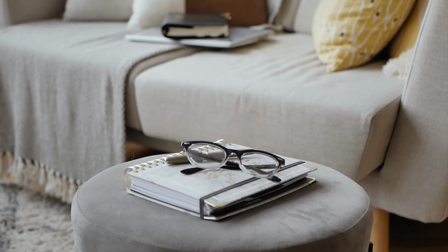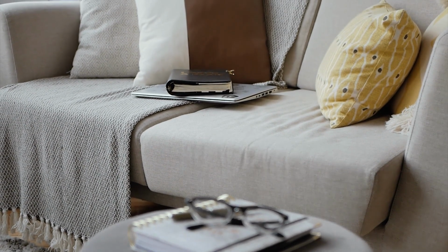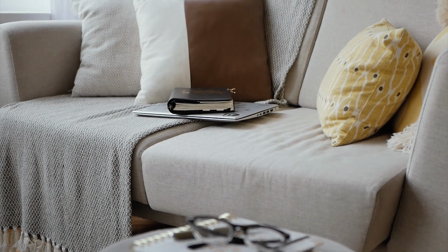So if you spend a lot of time relaxing in the living room and watching films as a family, then I would recommend a sofa that has a deep seat and lots of cushioning. And lastly, think about the sofa arm height, because that can actually make or break the comfort of a sofa. Personally, I like quite high armrests so that I can also use it as a back to lean on, and really low armrests are pretty annoying and uncomfortable for me. But you may really like that, so just make sure to take into account the look, comfort level, function, shape,